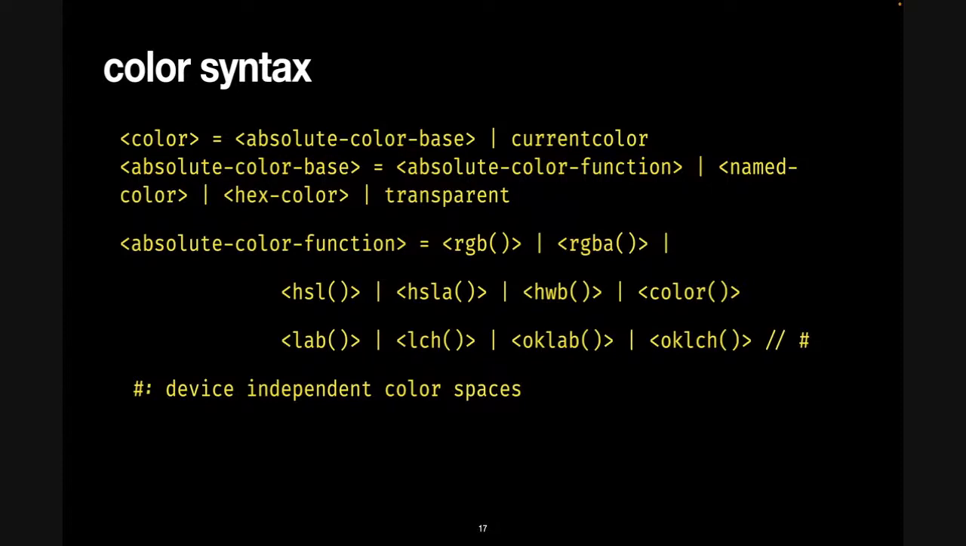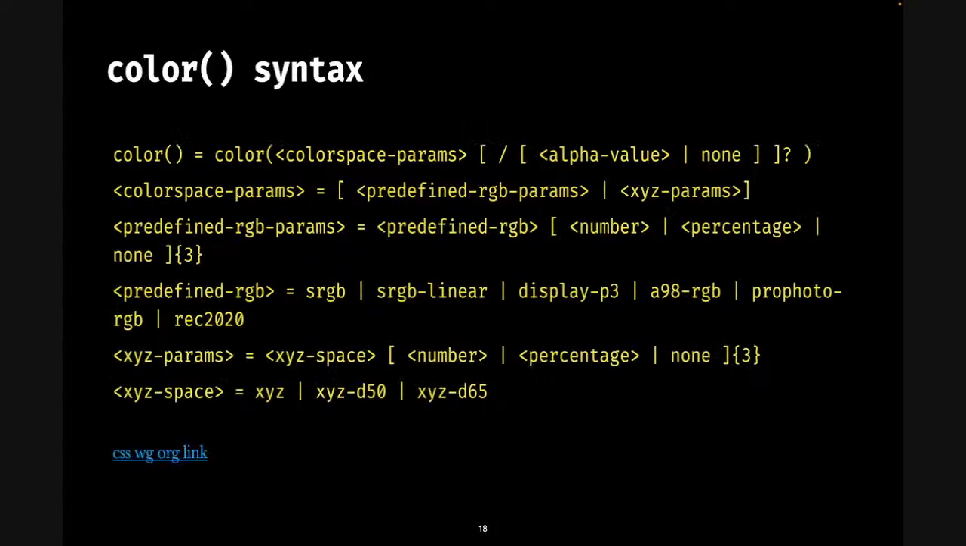Now the color syntax, color, this is the absolute color function. Now this is more interesting. This is the syntax of the color from the CSS module. We can use color space parameters and then alpha value, and either we can use none. In RGB, we cannot use the word none. So color space parameter, there are predefined color spaces, XYZ parameters, and these are the